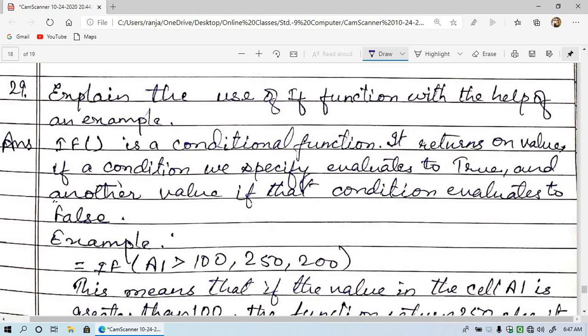So the if function is a conditional function, so it means that it checks the condition for its functioning. It returns one value if a condition we specify evaluates to true. Here I have made a mistake. Here you have to write 1.